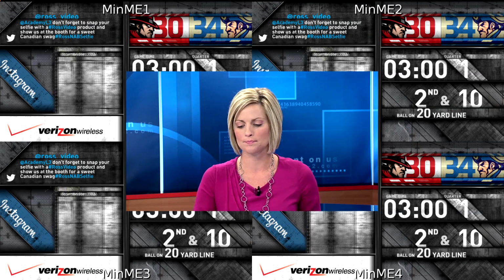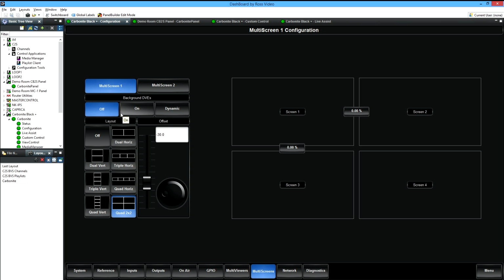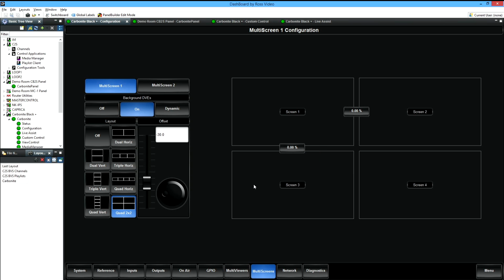Now, when would I or wouldn't I want to use these background DVEs? If I was doing something where all my background sources are going to be full raster, or they're going to use substitution tables anyway, I could always just turn off the DVEs so it doesn't reserve any there. However, if I'm going to have some sources that I'm going to need to scale across all 4 screens, then I have to turn on the background DVEs so that it can apply them to the background for me.